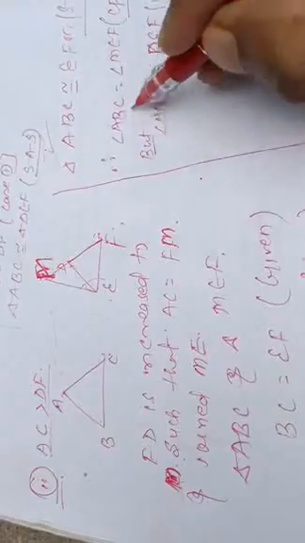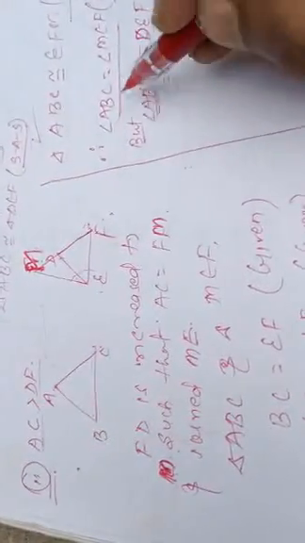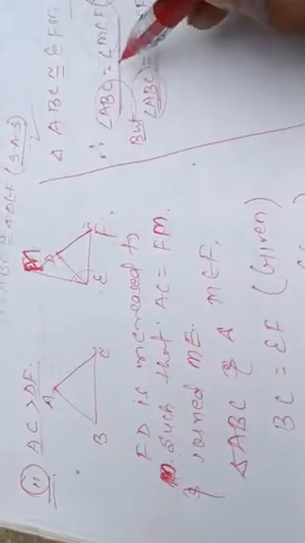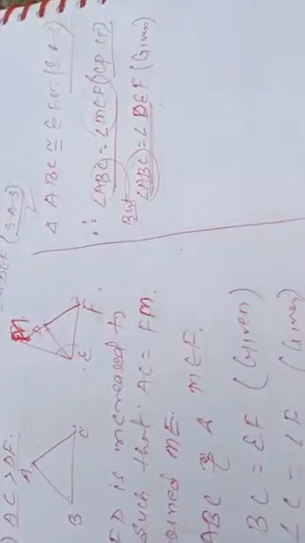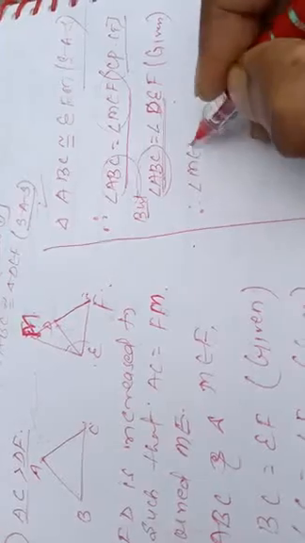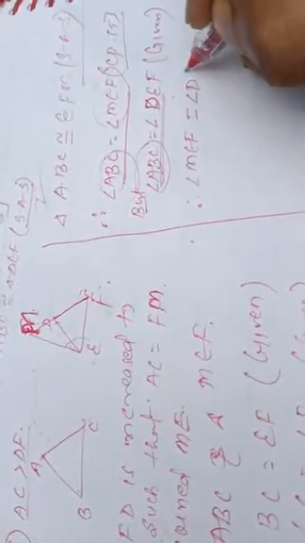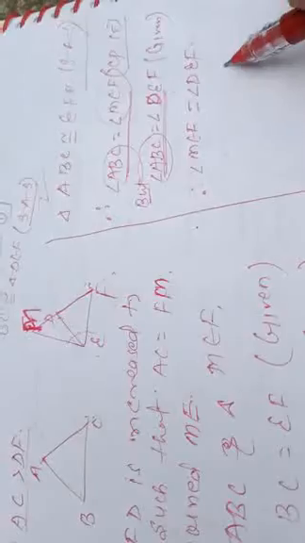If we compare these two statements, both have ABC, that means if the LHS is equal, the RHS will also be equal. Then we can say that therefore angle MEF equals angle DEF. Now come to the figure, student. Here we have obtained the result angle MEF equal to DEF.